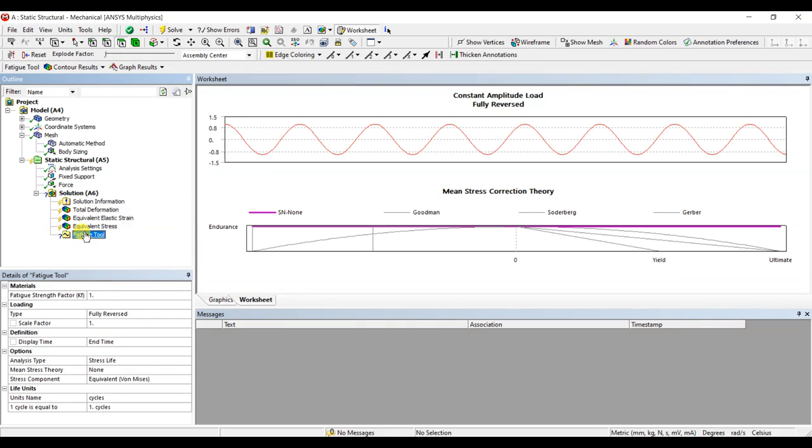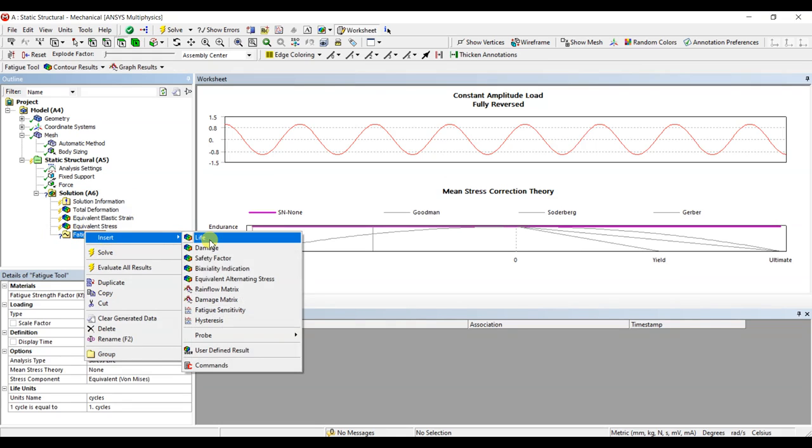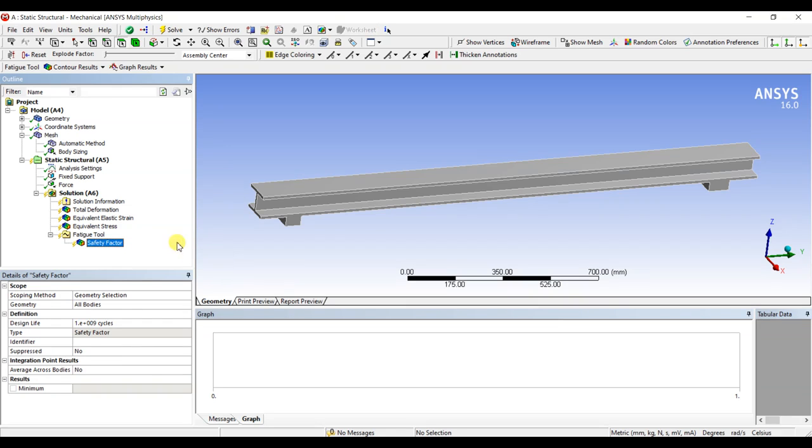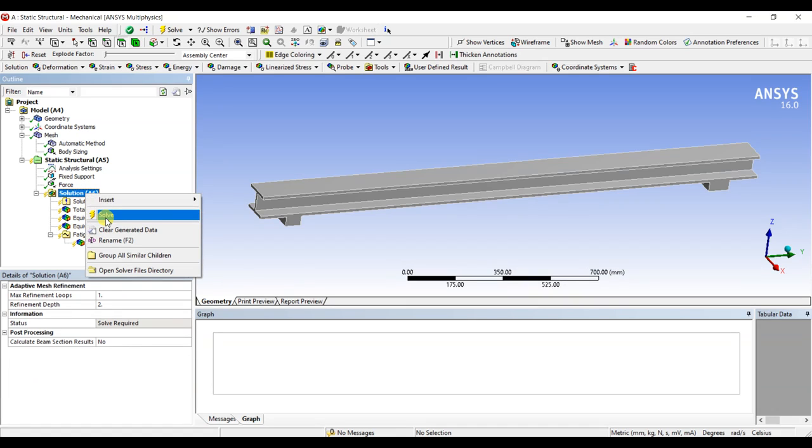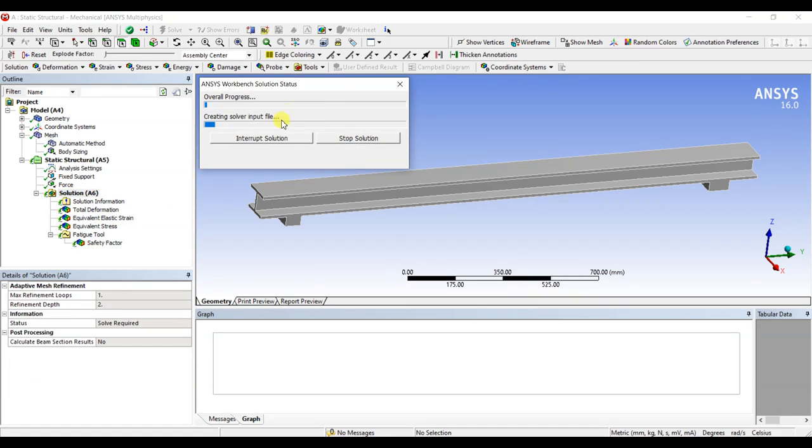From the fatigue tool you can select things like life, damage, safety factor. So I am taking the safety factor, and simply you can right click and click on solve. It will take some time to solve the mathematical expressions or the differential calculations behind this structure simulation. It will take some time depending on your configuration.